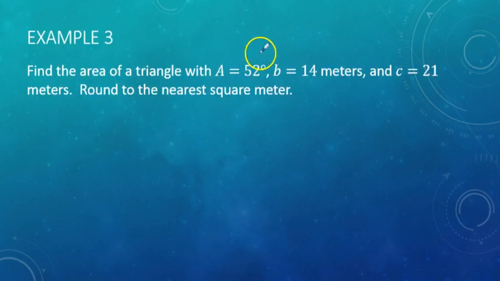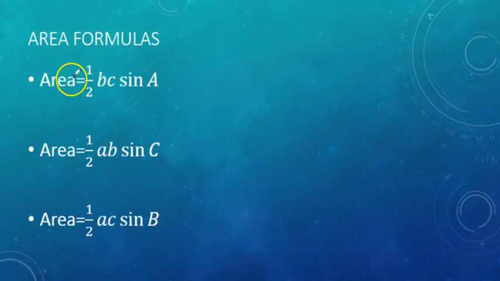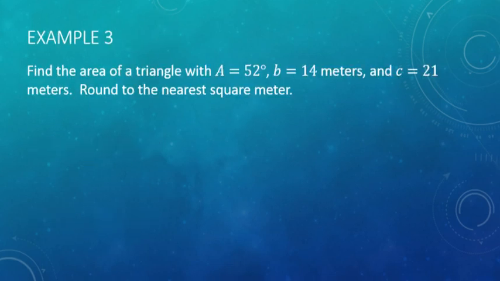So here's an example. You can see that we have angle A, side B, and side C. So in this case, to find the area, we're going to be using this top one since it's the angle A situation. All we really need to do is multiply the four things together, the 1/2, the sides, and sine of the angle. So when I'm computing this,